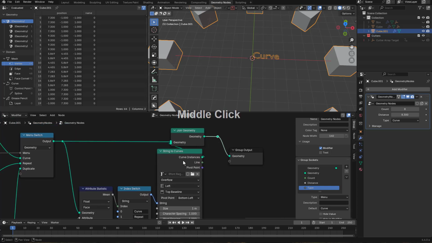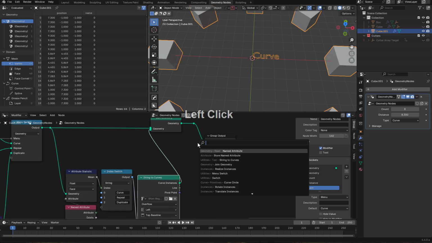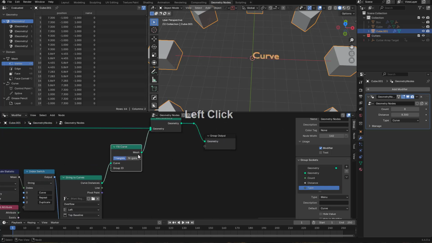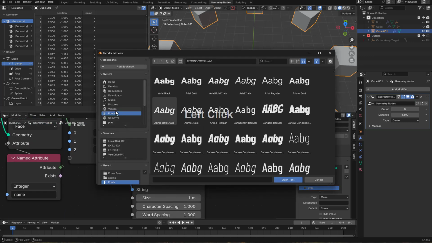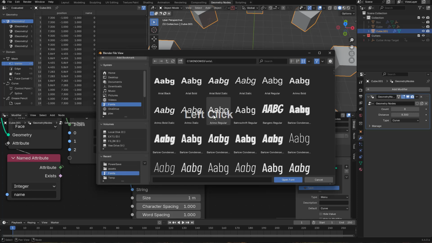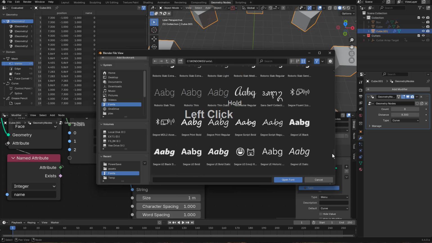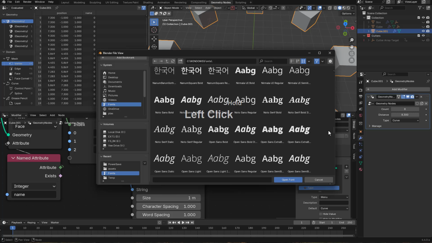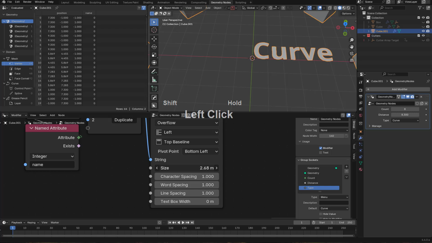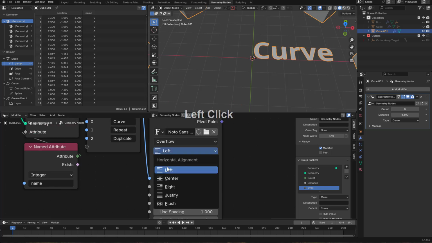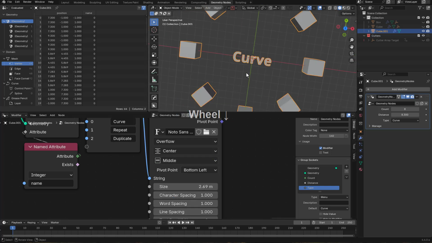So we now have our curve and it's looking pretty good, except it's not looking pretty good. In fact, let's fill the curve. That looks better. Let's also choose a font. And I think I have my own fonts, but you know what? We're inside the Windows fonts. And when in Windows fonts, grab a Windows font, even though they're all probably against the law to use, right? So we're going to scale this up. I'm going to set the horizontal alignment to center, set the vertical to middle, and